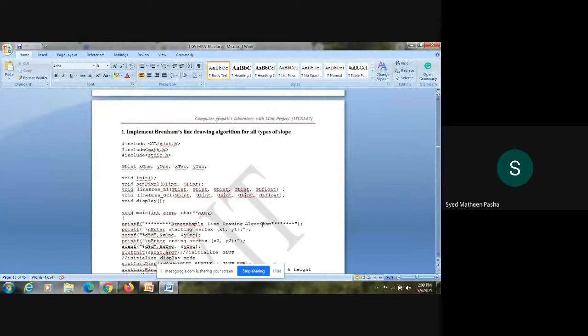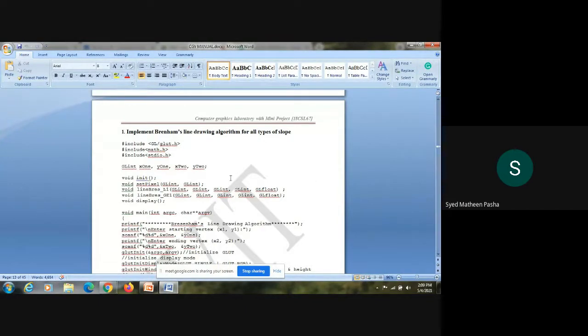We use Bressenham's line algorithm so that we can detect some points which are approximate to the next point and then draw a slope with respect to that point. So let's see how this Bressenham's algorithm works with respect to computer graphics in OpenGL, how it is being coded. The theory part, whatever, in the code, in the program, we'll check out how Bressenham's algorithm works here.